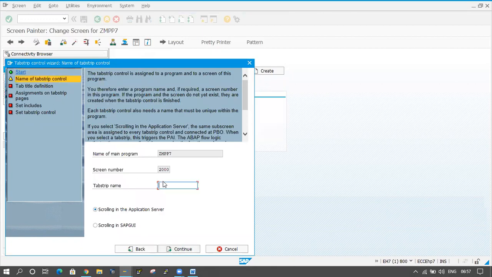What tab strip name do you want to give here? I'm giving TBST as the tab strip name, and click on continue button.